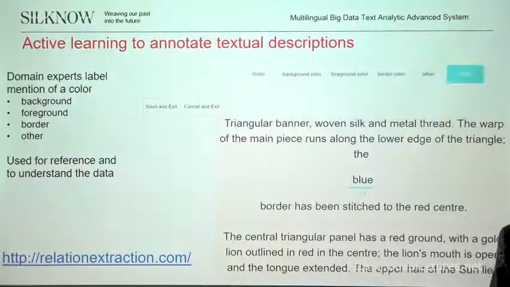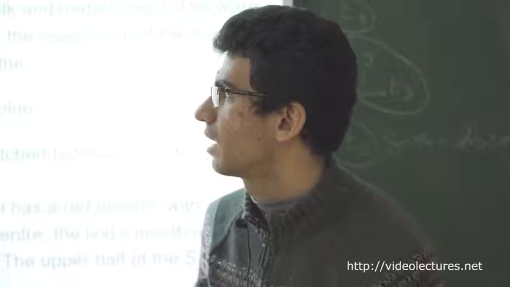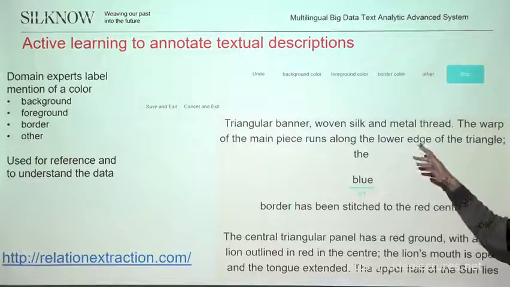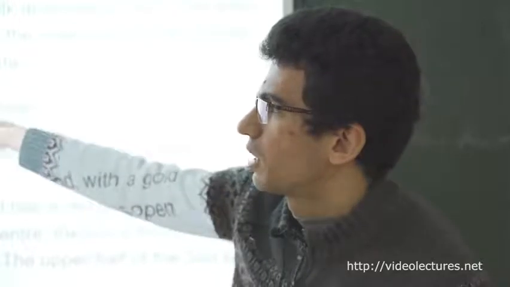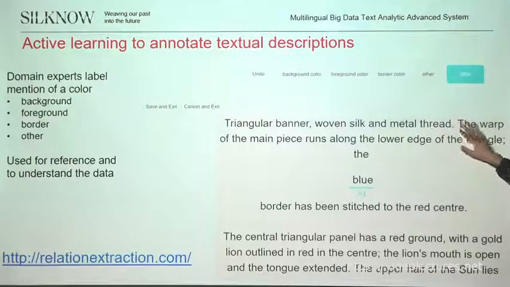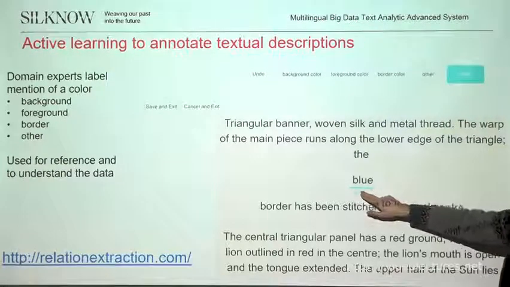So here, as you can see, for annotating textual description, we used an active learning technique. At first, we had to get some annotations for the labels we have. So we got the help of domain experts for detecting the mention of the color. Here, for example, we see a textual description example, and here we have the mention of the color blue, and